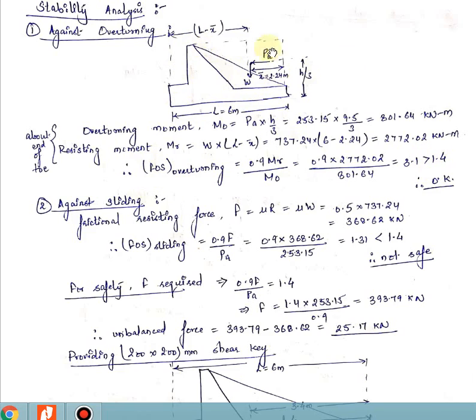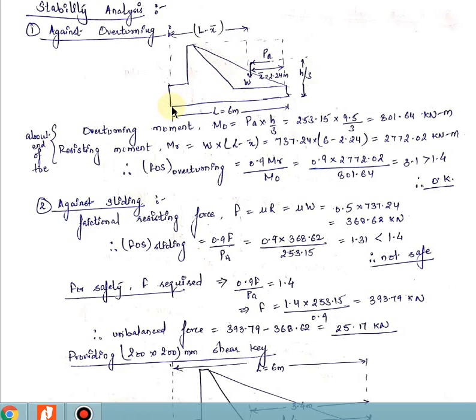So this is the diagram. We know that the length of the base is 6 meters. See, this is the weight which is acting at a distance x bar equal to 2.24 meters, and this is your PA force, that is the lateral earth pressure, which is acting at a distance of h by 3. We know that the overturning moment is about the end of the toe. See, now we are taking every moment about this end of the toe. Now we will take every moment about this end,